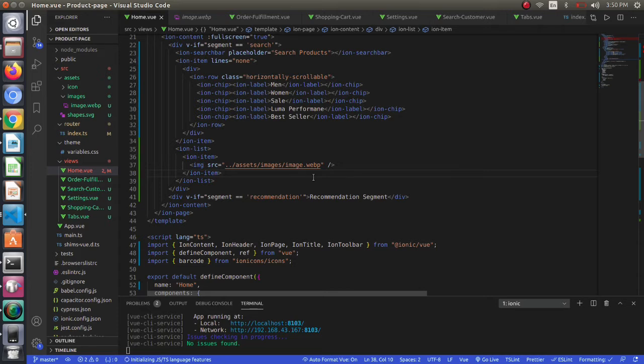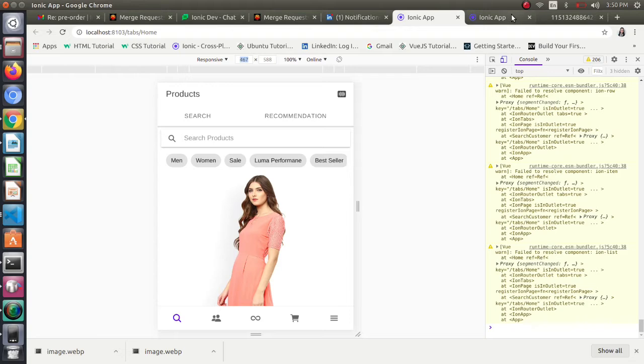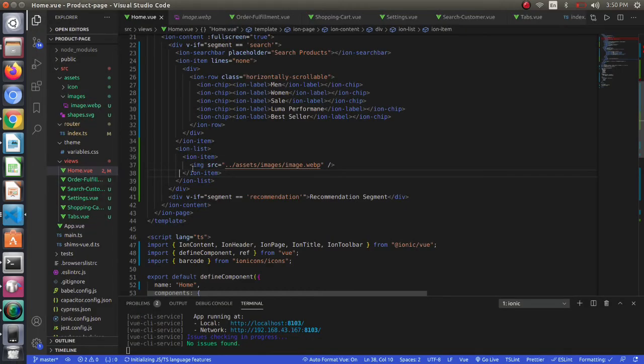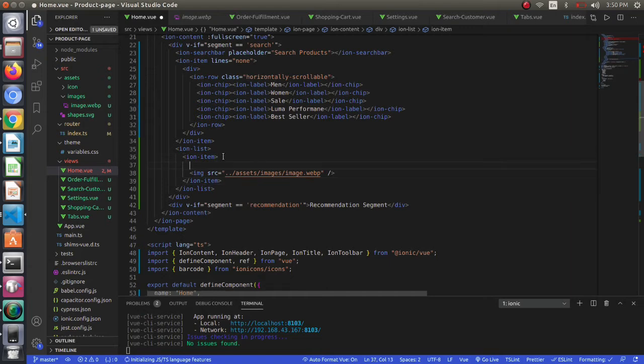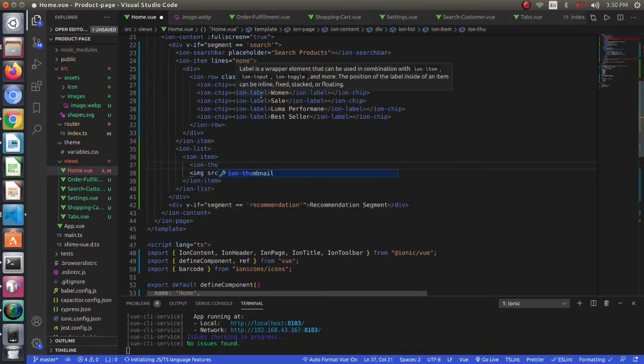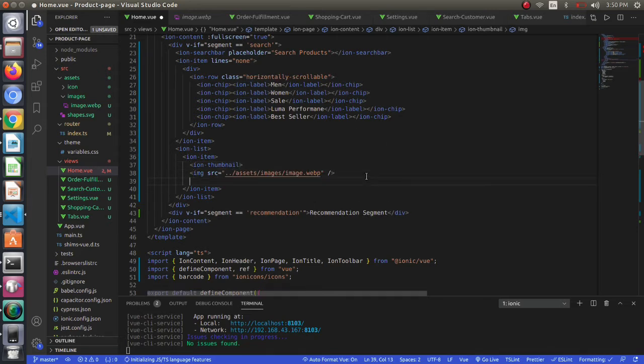Next we have two parts, that is ion-thumbnail and ion-avatar, for creating the desired look. I will show them one by one to you. I will simply wrap our image in ion-thumbnail first, and let's see what we are getting.